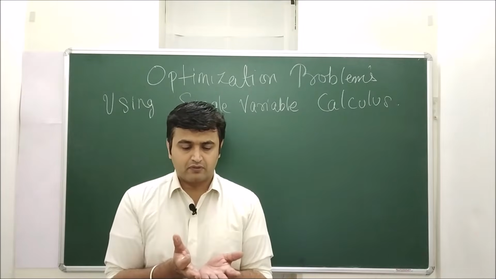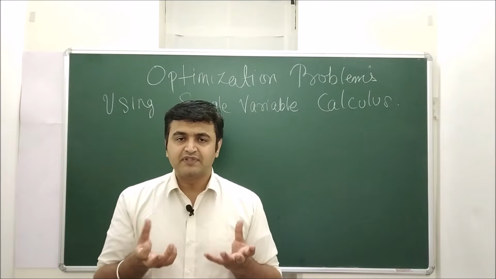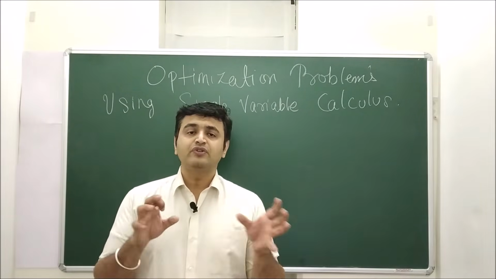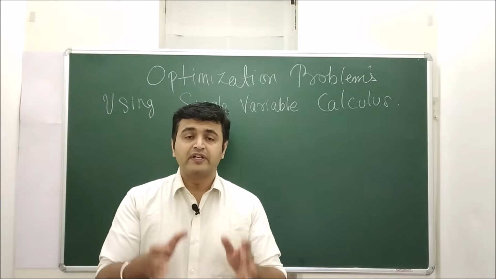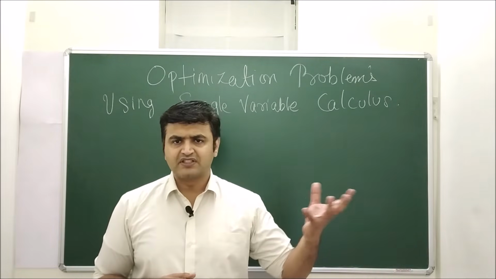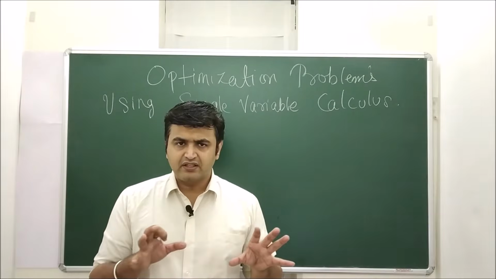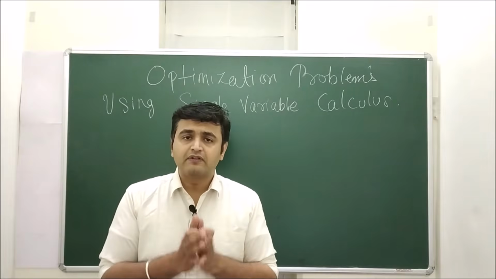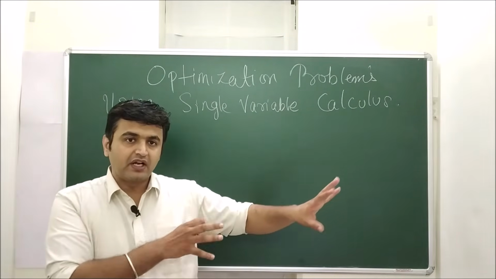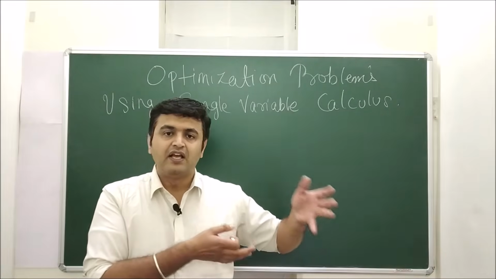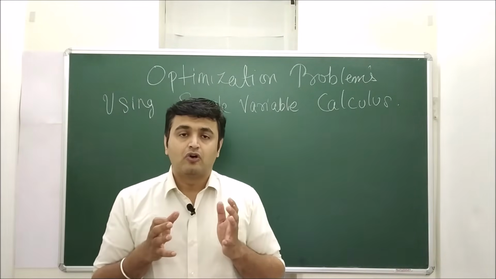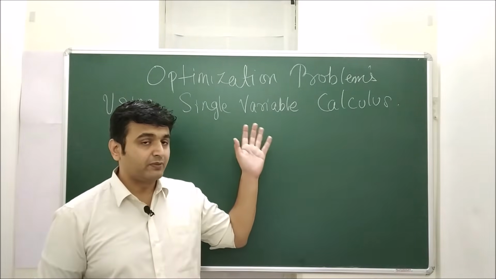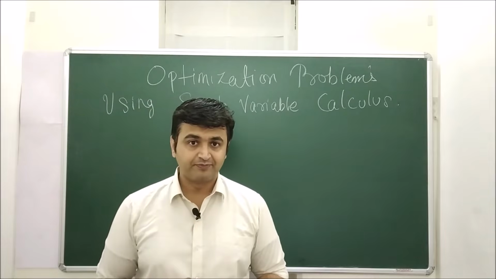So once you draw the figure, you just do the labeling. That means you introduce the variables x and y or x, y, z and so on. Once you introduce the variables, you try to formulate your function and some constraint will be given to you. So using the function and the constraint, you will get a function in one variable. And once you have the function in one variable, we use all our arms and ammunition like the first derivative test and all those things to find the optimum value. So that's what usually the steps are to solve an optimization problem using one variable calculus.